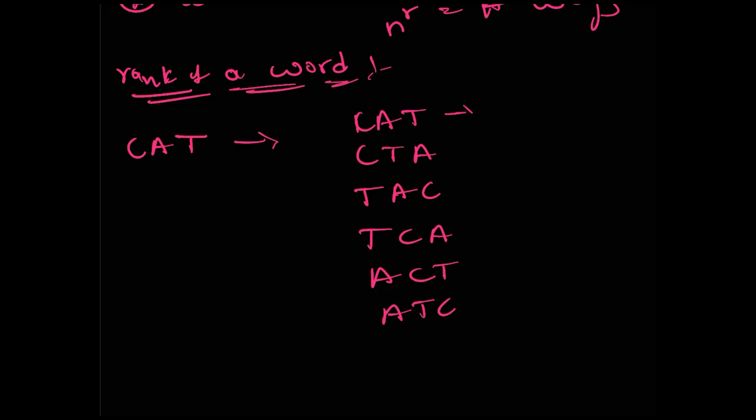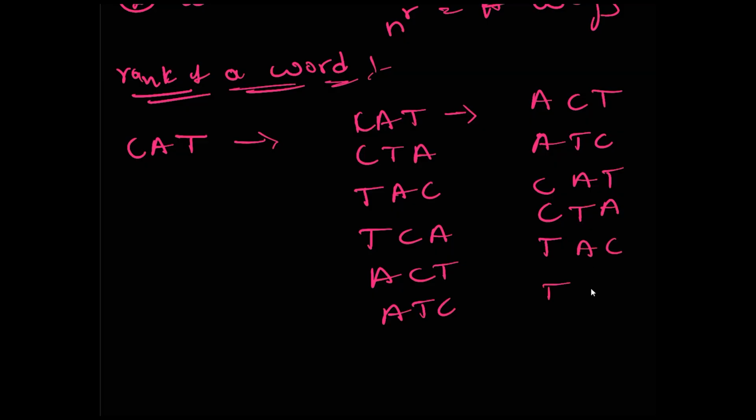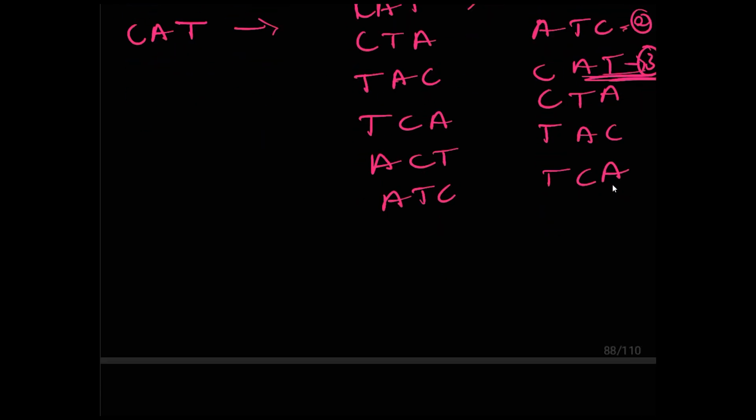Now if we arrange them in alphabetical order, meaning dictionary order, we will get first one as ACT, second will be ATC, third will be CAT, fourth will be CTA, fifth will be TAC, sixth will be TCA. Then the rank of CAT is third. The rank of ACT is 1, rank of ATC is 2, and rank of CAT is 3. Now, as it is a 3-letter object, we can easily find it like this. If it is a bigger word like